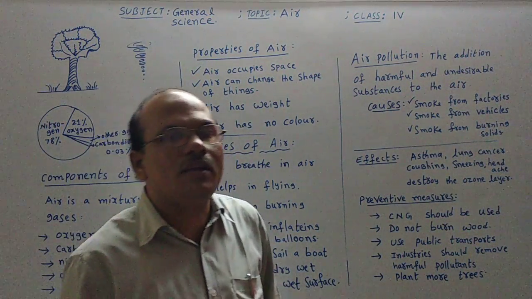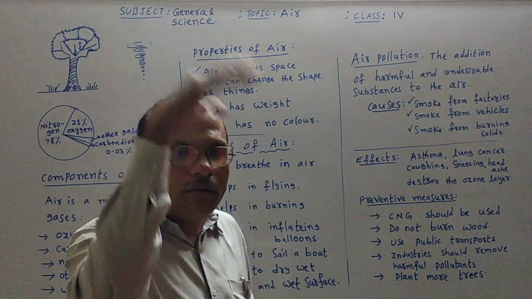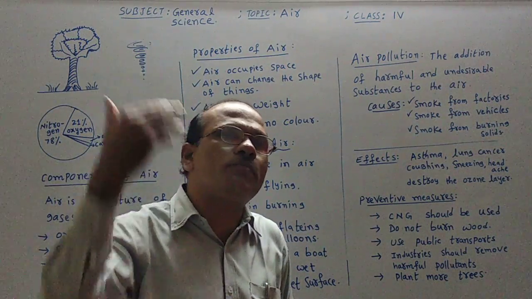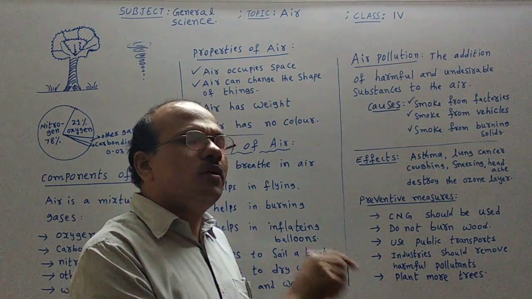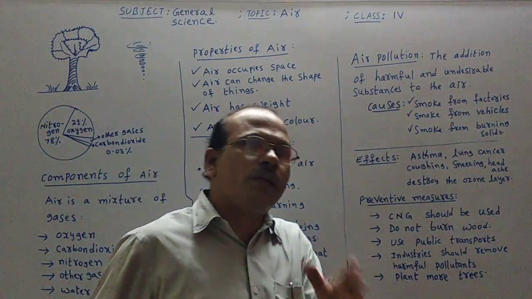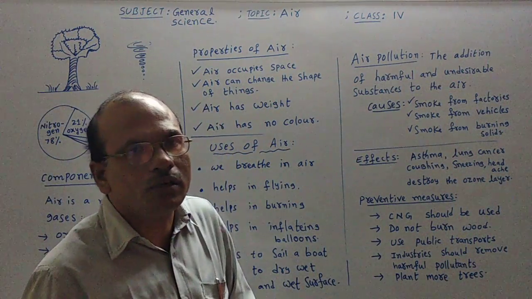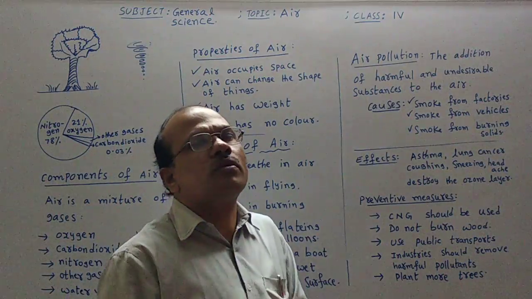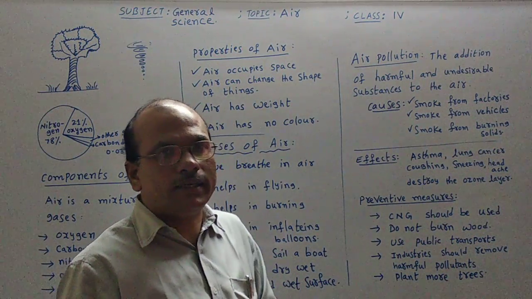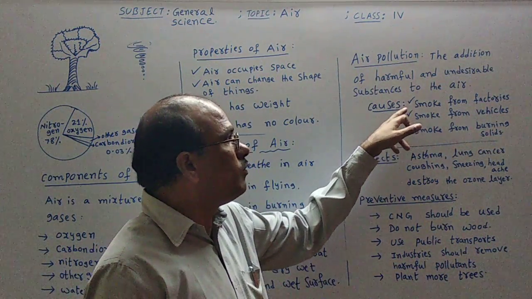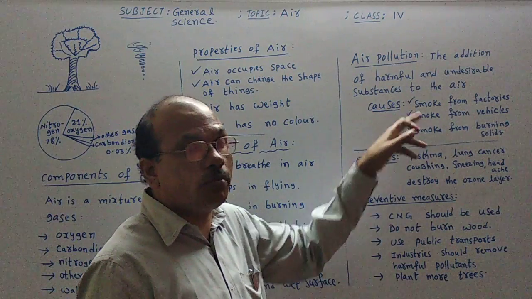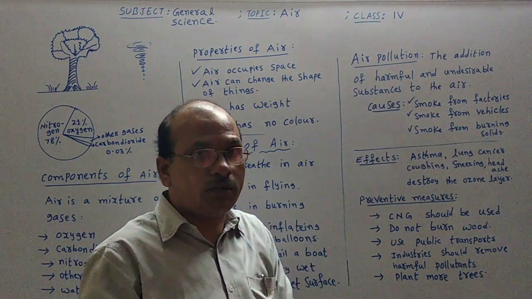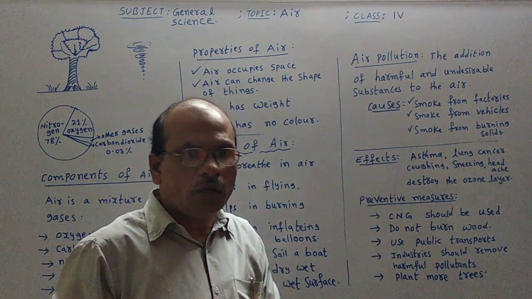If we are living inside a factory, smoke is always coming out from the pipes of the factory because the factory should work. When it is working, the smoke will come out from the chimneys or pipes of the factory, and that is one cause of air pollution, because that smoke is released from the factories and is mixing with